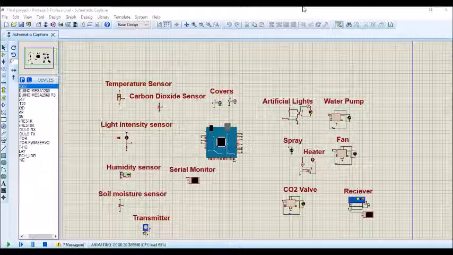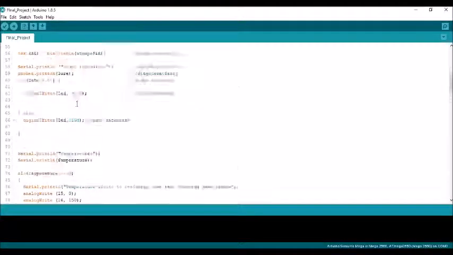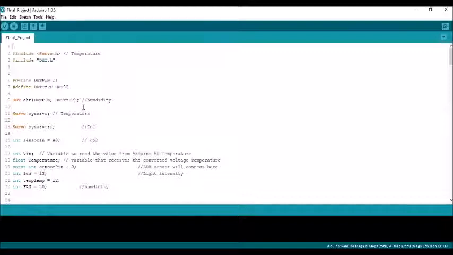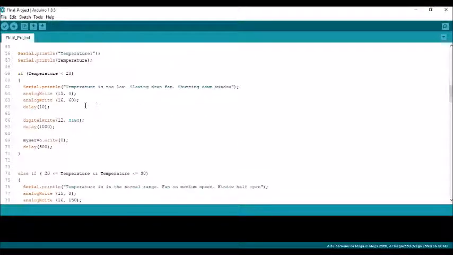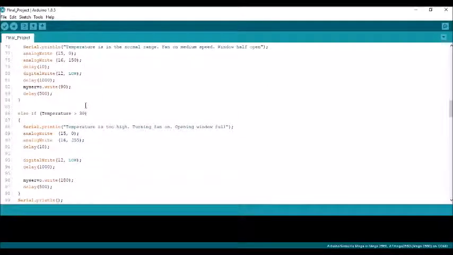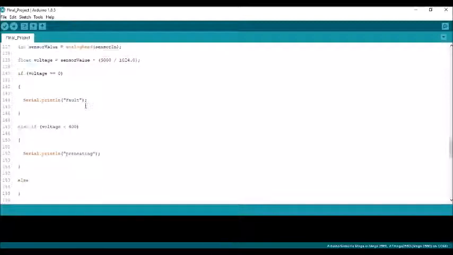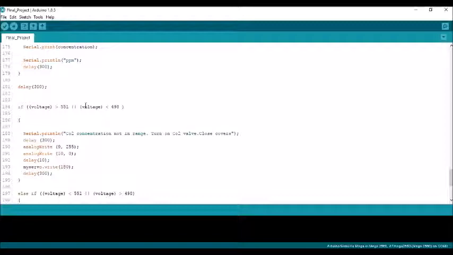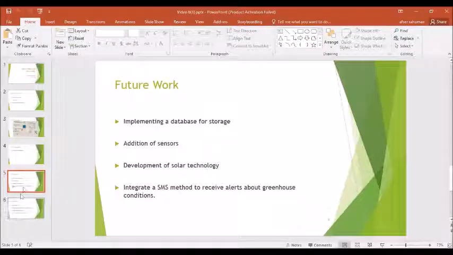The codes for each sensor were put together in Arduino IDE and the hex file was transferred to Proteus. This is the code for the final simulation. Now, coming back to the presentation,